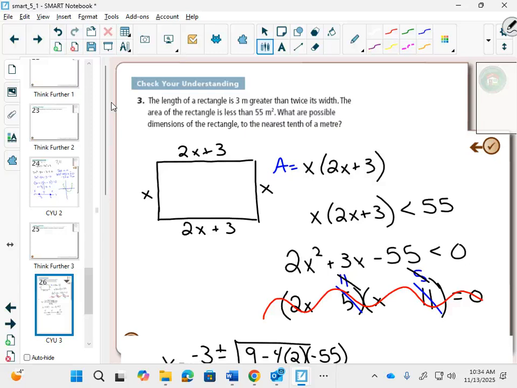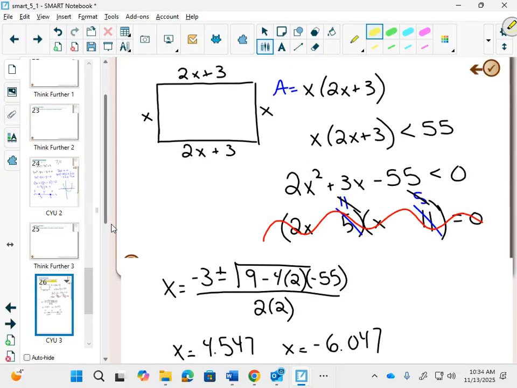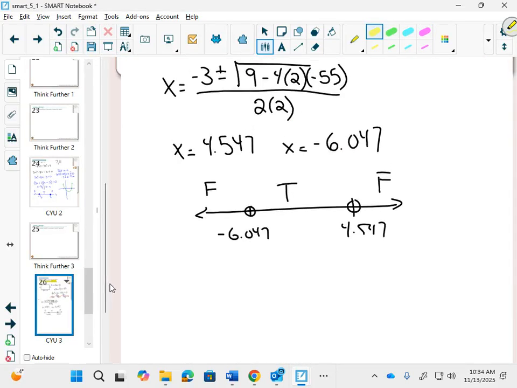The question asked us to solve for dimensions, right? What are possible dimensions of the rectangle? Our x was our width. Why can't I just go to my true section and say the width has to be between negative 6.047 and 4.547? Can't have a negative. Can't have a negative. So